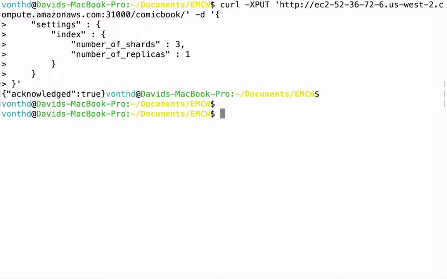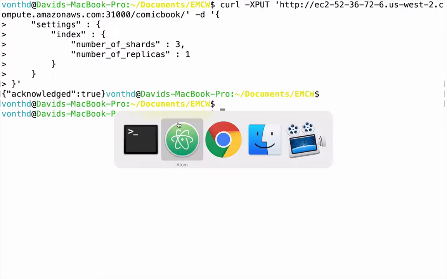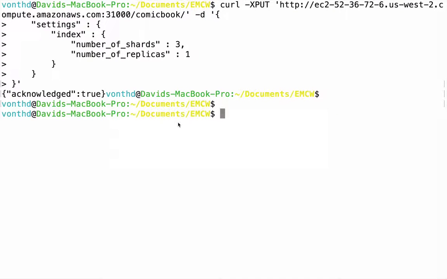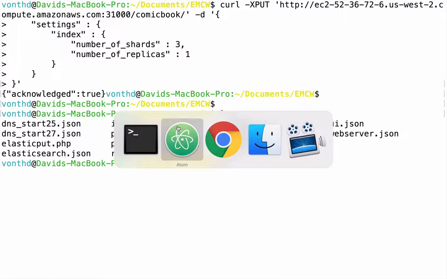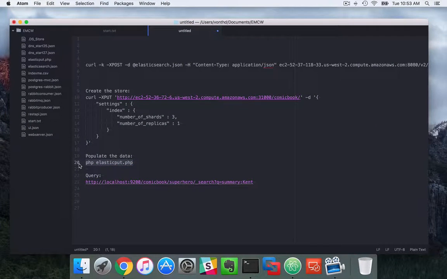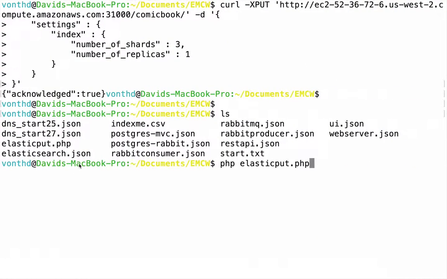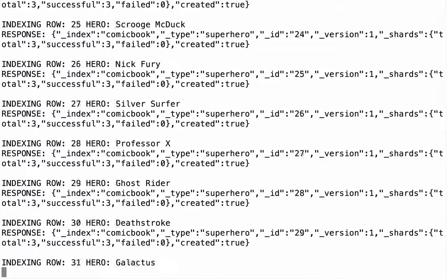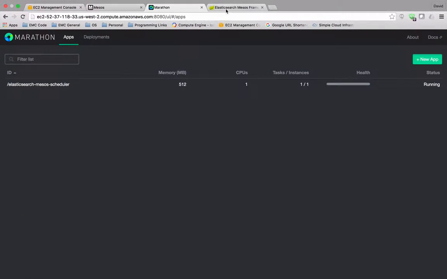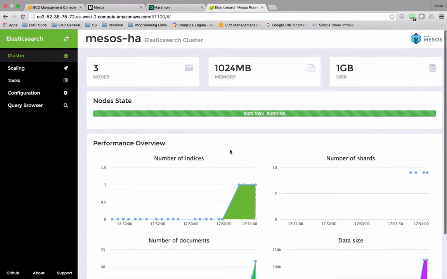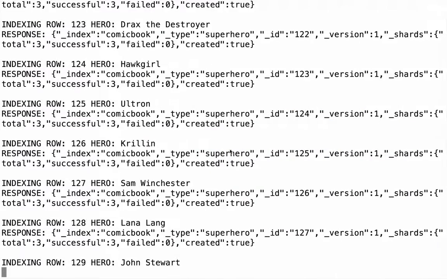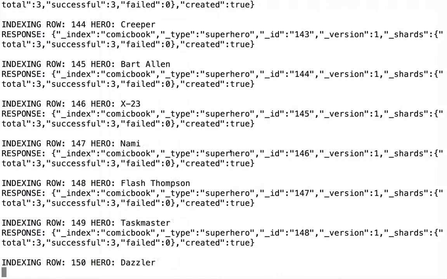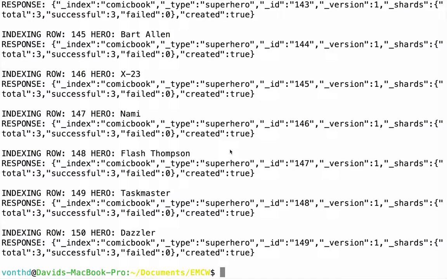All right, we created our store called comic book, and let's go ahead and add the data to our store. And as this is populating, we should be able to look at the Elasticsearch UI and notice that we have data being funneled in. And we can see that happening right now. All right, now that we have all our data funneled in,